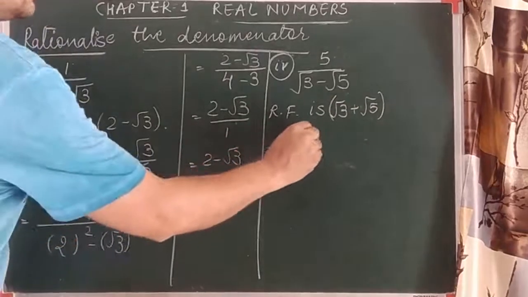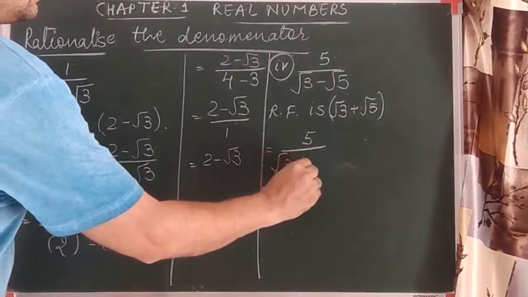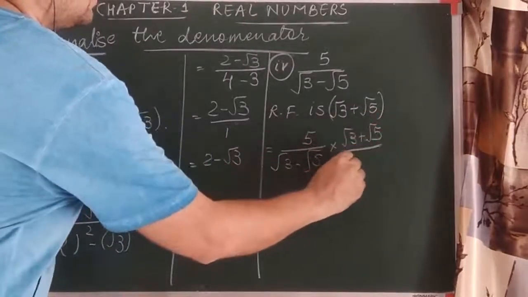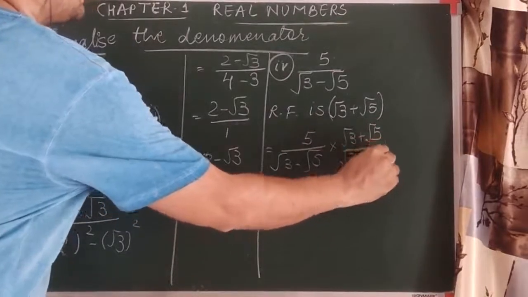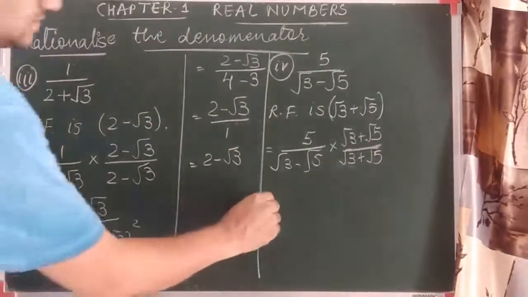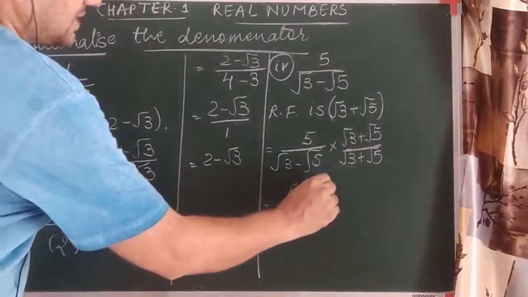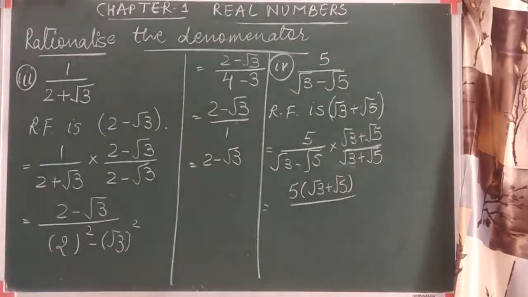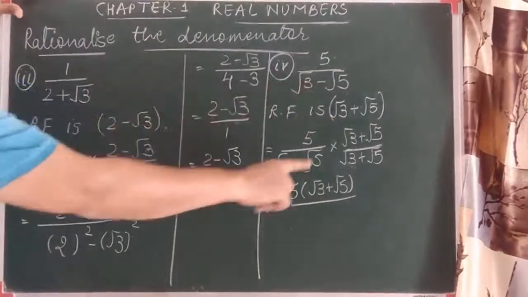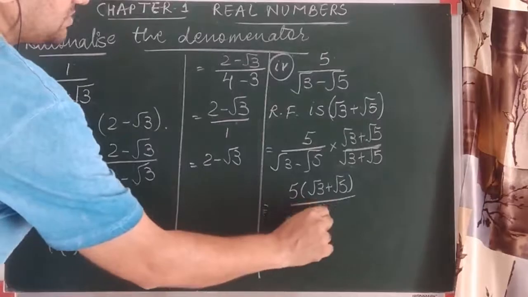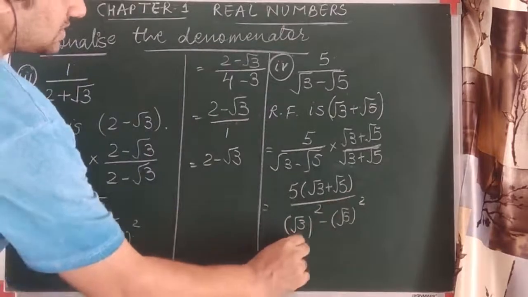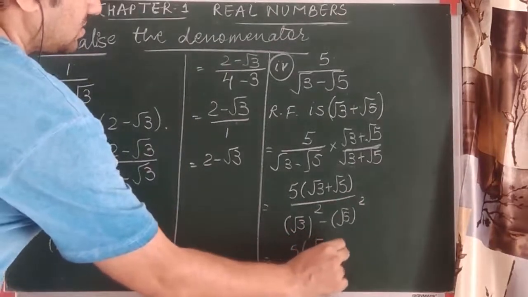So this 5 as it is, and I am multiplying with this number which I have written, that is root 3 plus root 5. The rationalizing factor I am multiplying and dividing, basically I am multiplying with 1. So this 5, we can keep it as it is, root 3 plus root 5. You can multiply also, which we'll do later on. But remember, when you do the rationalizing factor of a term which has two terms in the denominator, it is always in the form of a square minus b square, that is root 3 and root 5. So still 5 as it is, root 3 plus root 5.